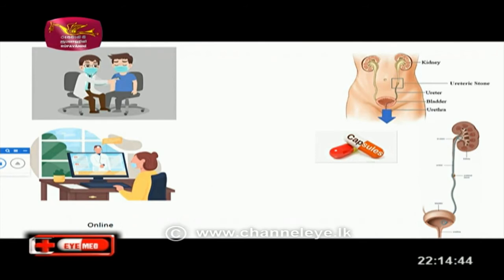But on the other hand, now there are new drugs to relax the water tube and make the stone come out faster. So up to the size of about 6 millimeters, you can use these drugs for about 2 to 3 weeks, depending on how badly the kidney is affected. Suppose the kidney is badly blocked, then you should not try these tablets, you have to immediately attend to it. But if the kidneys are not blocked and we feel that the stone is small and going to come out, you can try these capsules and tablets for about 2 to 4 weeks. And with some painkillers, there is a good, say 60 to 70% chance that you might pass the stone.